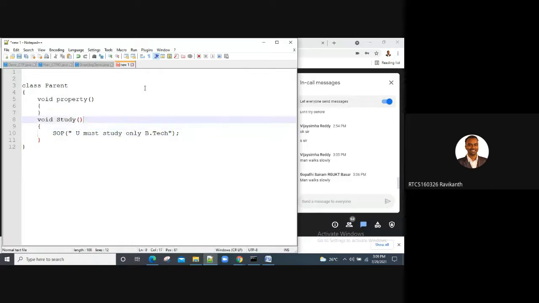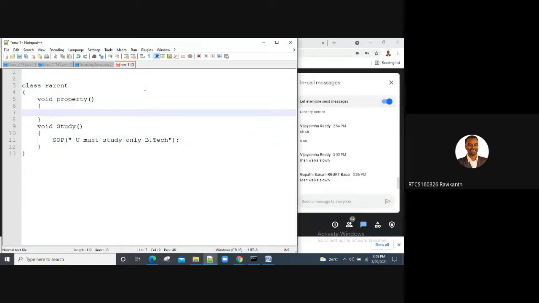Then if you study BTech, then I have some property which I'll be giving to you, like house, land, amount, all that. Now what happened as a child? The child will obviously extend the parent.